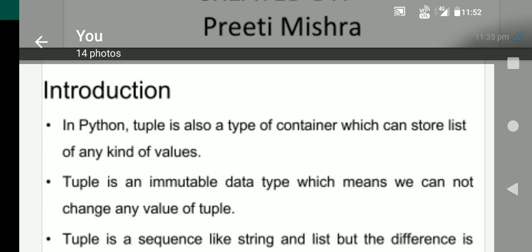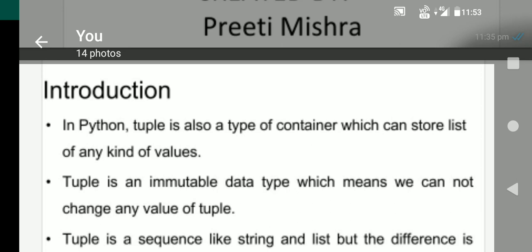So we can make a list, but tuple is an immutable data type, which means we cannot change any value of tuple. Immutable means you cannot modify the content, but the list is mutable, which means we can change the items stored in the list. But in case of tuple, it is not possible, we cannot change.